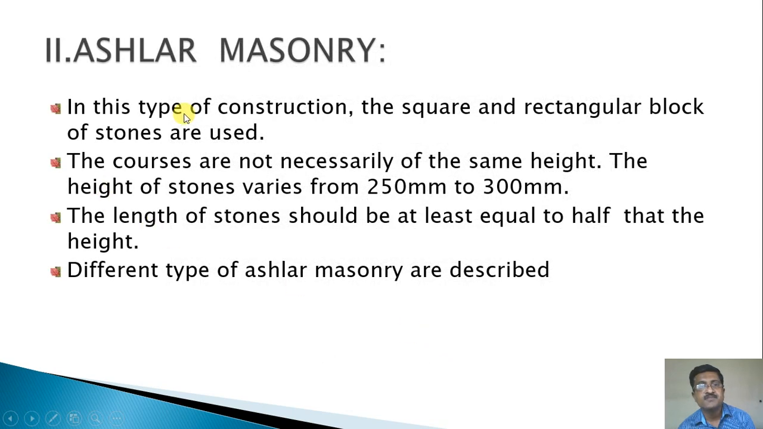Ashlar masonry. In this type of construction, square and rectangular block stones are used. The courses are not necessarily of the same height. The height of stones varies from 250 mm to 300 mm. The length of stones should be at least equal to half that of the height. Different types of ashlar masonry are described